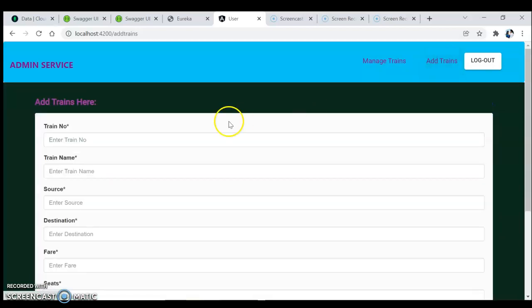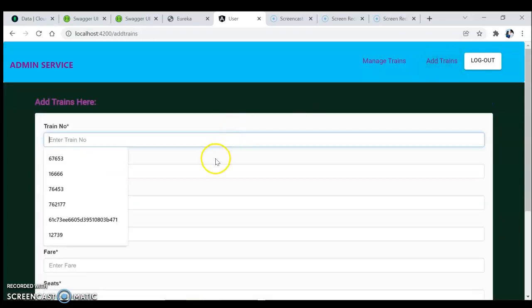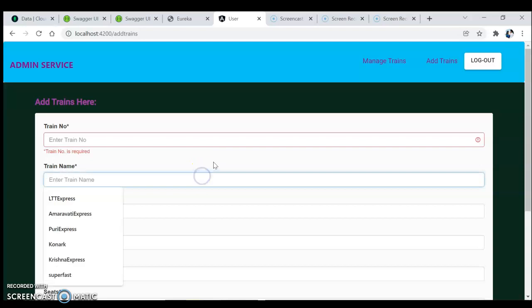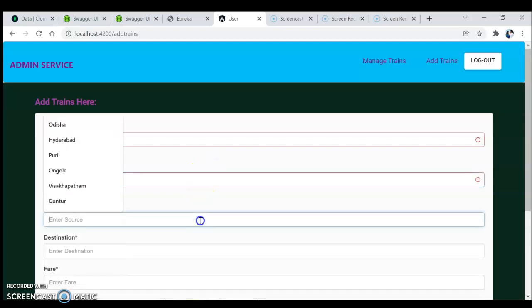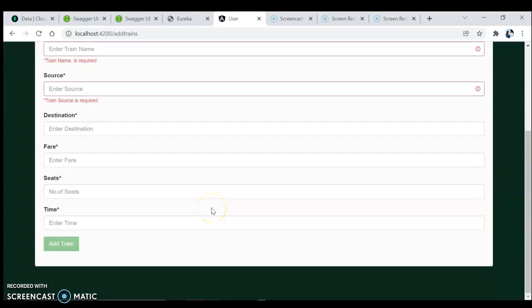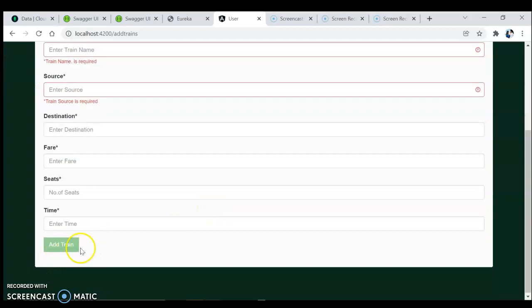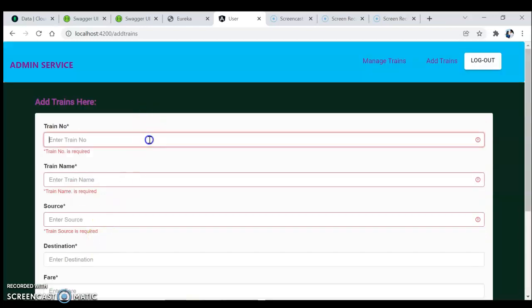Admin can also add a train. If he leaves any field empty, it won't be accepted, and the button is also blurred.